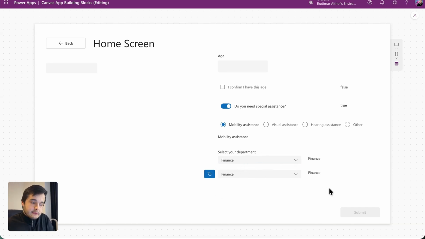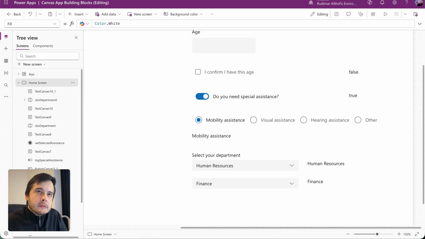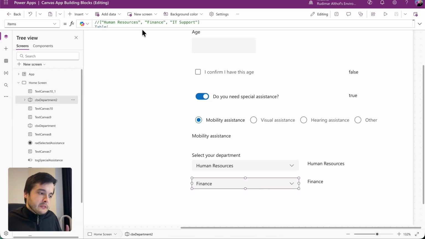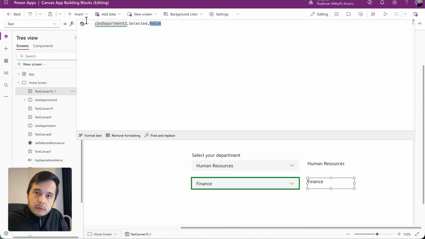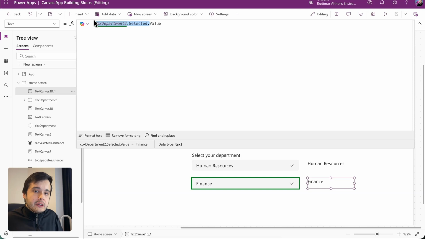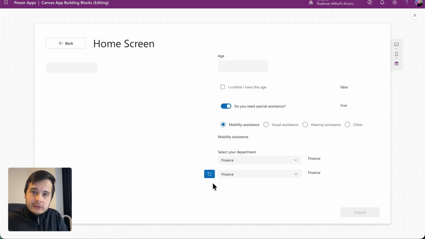Keep in mind that we also have this option to have a default selected option because it might be important when you develop your real apps. So to summarize this lesson, the ComboBox receives a table, and this table can have multiple columns. The dot selected brings the entire row, and if you want to access a specific column, you need to put the dot and then the column name. The same pattern will appear again and again for other controls. You also learned how to reset controls and how to use the default selected items